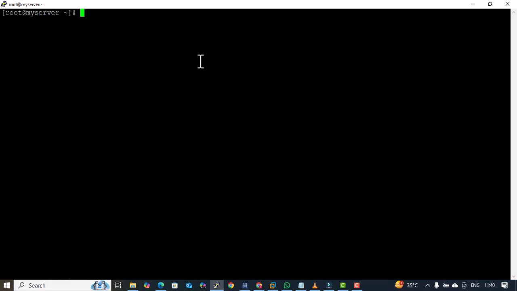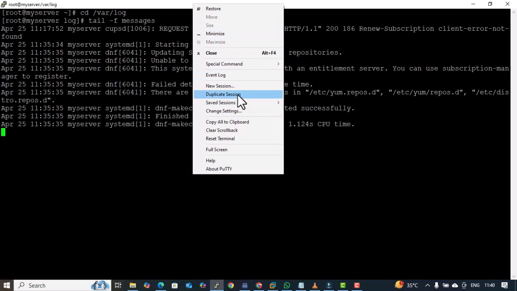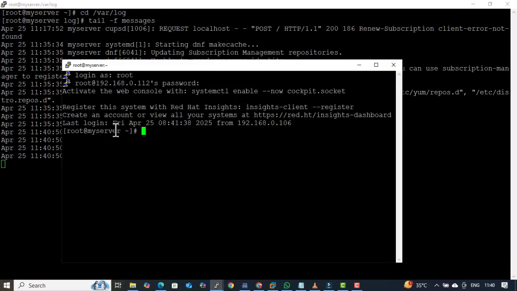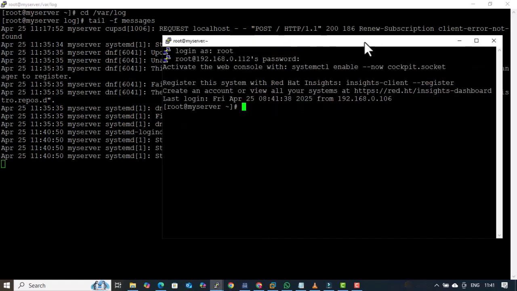Related to head and tail, you will use these commands most of the time while checking the log. Suppose I went into cd where the log is. Then I have to check the messages log. With -f, it will print the output and keep updating every time. Let's open one more session, then check. If you see here, in the background, 3 more lines were added because one user entered this system. It has given the output.